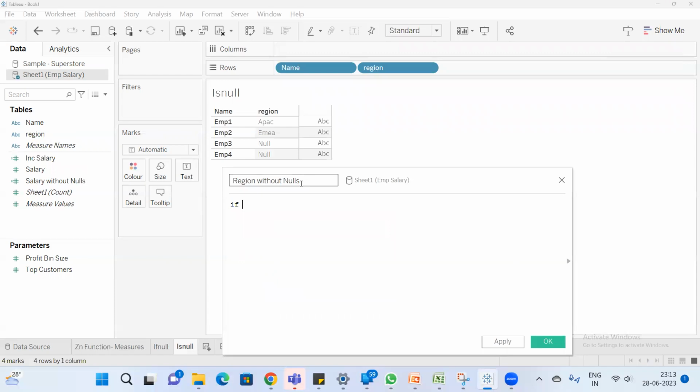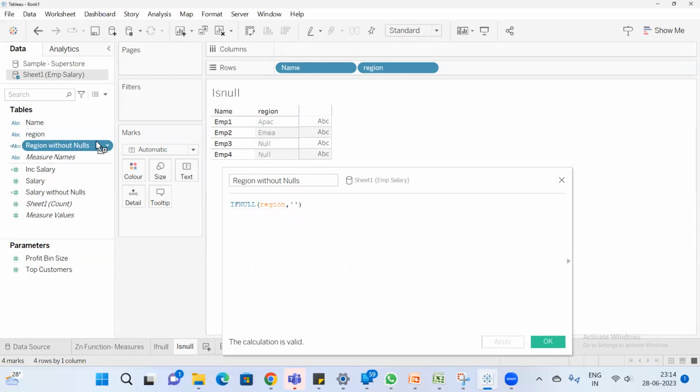So if null region, so this is a condition like if you have nulls, what you want to show. So we can specify, yeah, condition based. So I don't want to show the null itself. Like I want to show blank. If it is null, I want to show blank. Say apply and